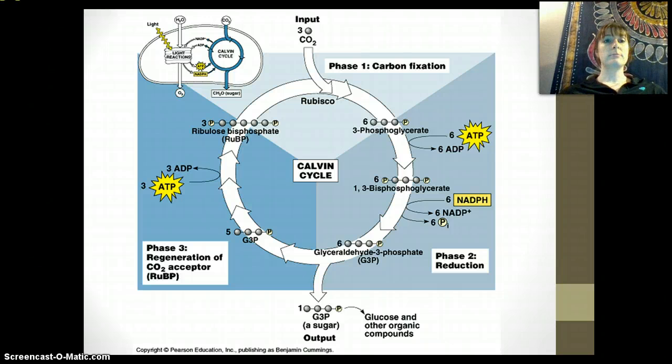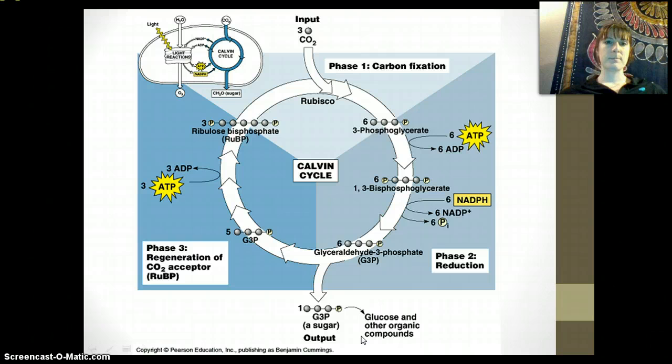So Calvin cycle, like its name, is a cycle. It's going to repeat over and over again. First, you're going to add 3 carbon dioxides to the cycle. Then it's going to go through a bunch of different steps. As it goes through these different steps, ATP is going to be required, NADPH is going to be required. Eventually, we're going to get half of a sugar. Half of a sugar is called G3P, and then this cycle goes around twice to allow a glucose to be